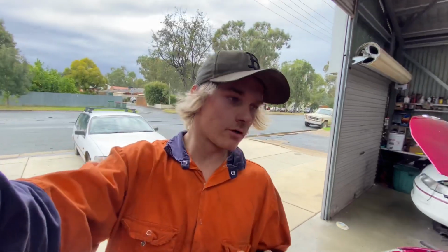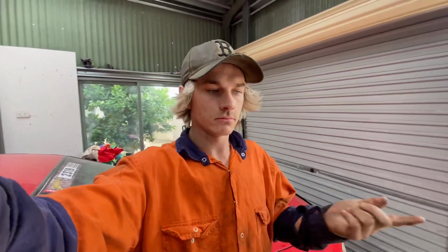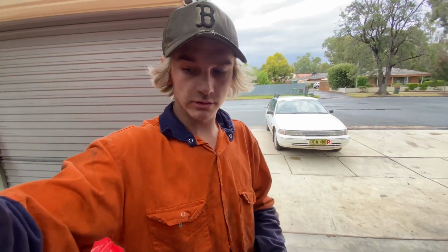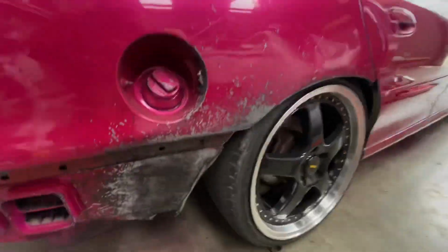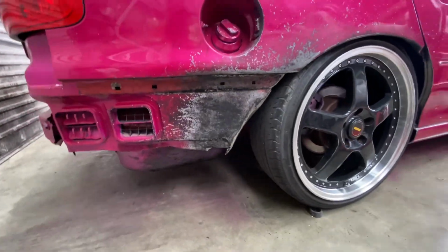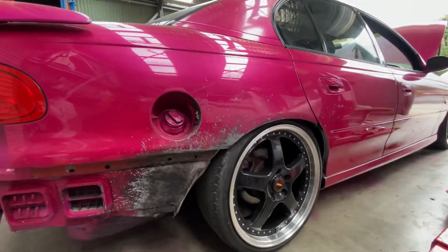So 2 weeks time we've got burnouts here at the local pad at Wagga, which will be really fun. I'm keen to do a skid on that burnout pad, which we've got a delivery maintenance for. I did want to polish it beforehand, which I've got some polish from when I polished the Mrs. car. And one other thing we got to do is make up the plate for the fuel tank there, so that'll be in another video. So make that up, give it a good clean and polish,